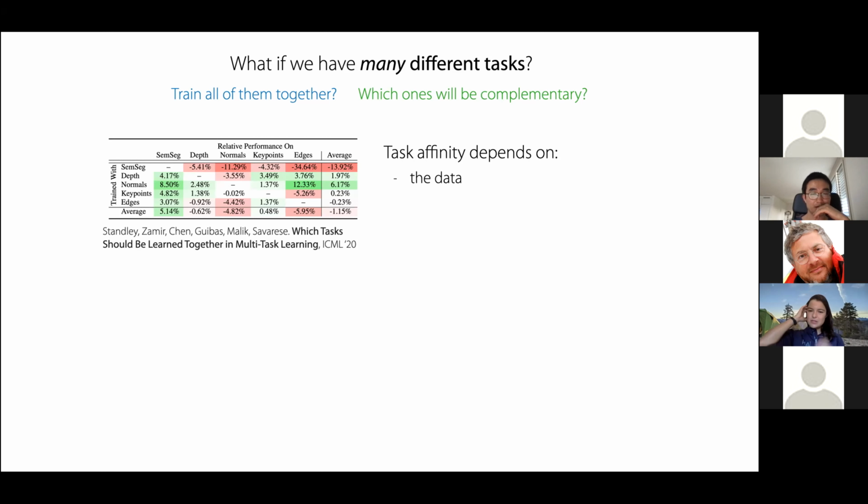And the challenge here is that task affinities are going to depend on things in the data. It's also going to depend on the model's current knowledge. So for example, if your model already has learned how to detect edges, then training on two tasks that only have edges in common probably won't be very helpful. Whereas if it hasn't yet learned edges, then training on those two tasks could be helpful because it would help it learn the basics like edges. And then it's also going to ultimately depend on a lot of properties of the optimization process, like the optimizer, the learning rate, the hyperparameters, and so forth.